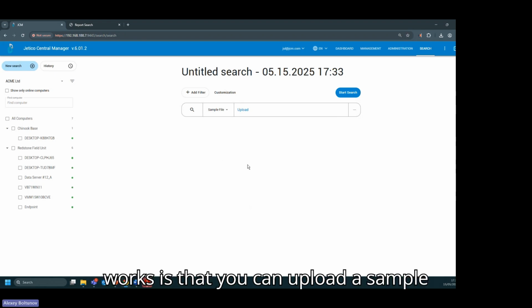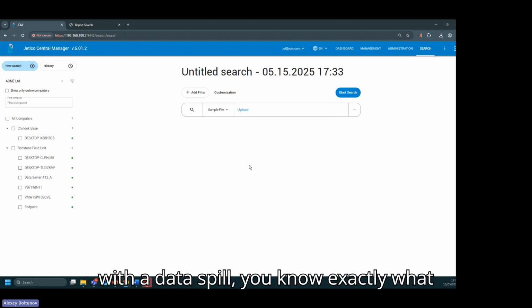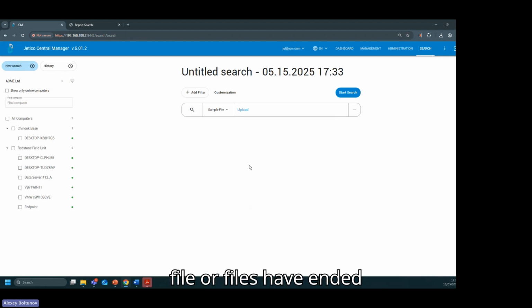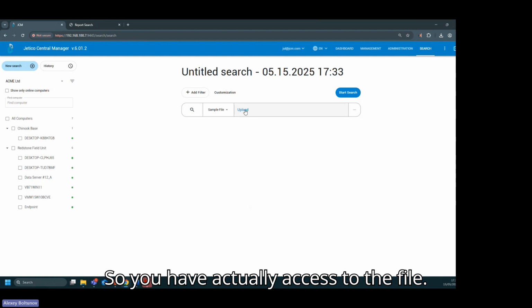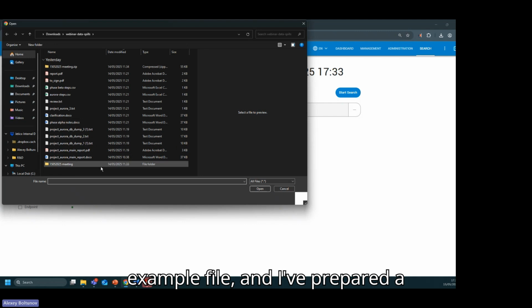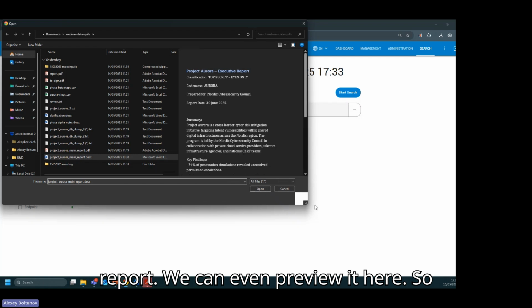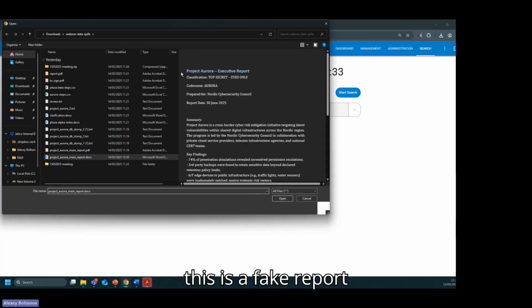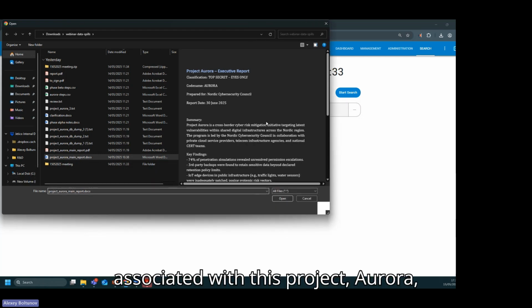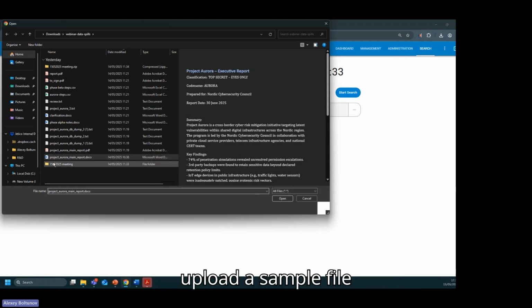So how it works is that you can upload a sample file, and most of the time when working with a data spill, you know exactly what file or files have ended up where they shouldn't be. So you actually have access to the file. So what you can do is you upload an example file, and I've prepared a report. We can even preview it here. So this is a fake report associated with this Project Aurora that we've been talking about. And I will upload a sample file